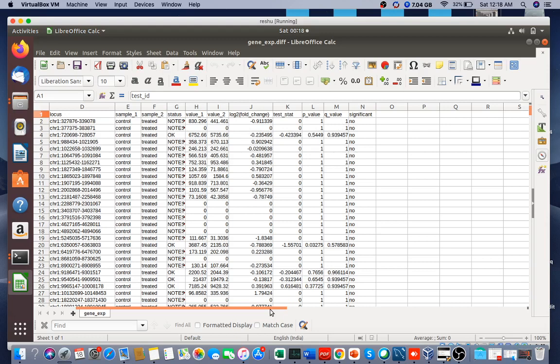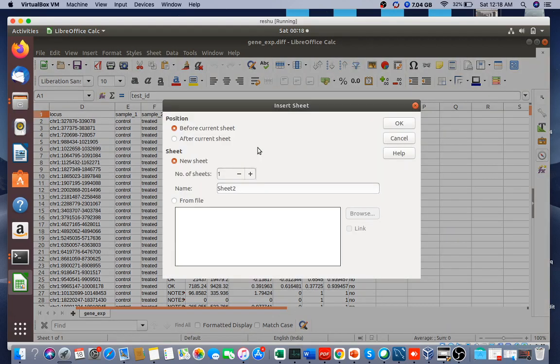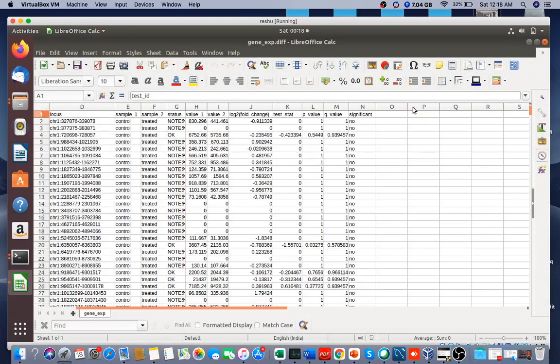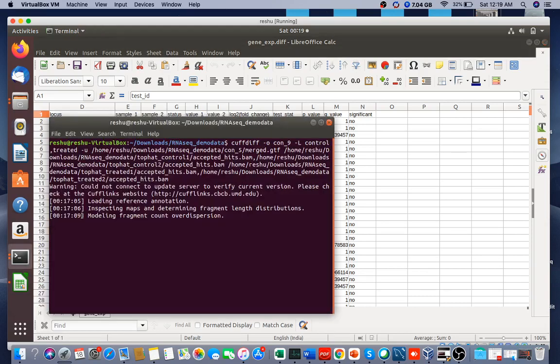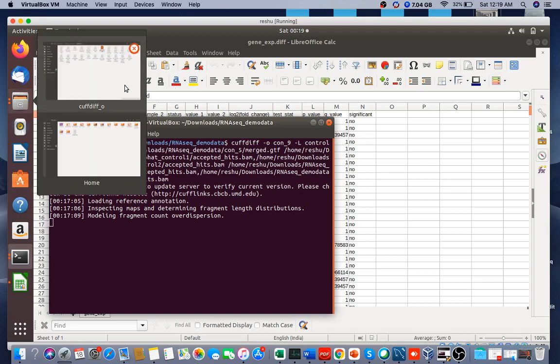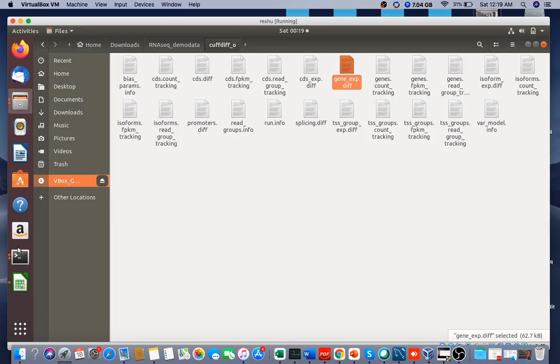So the genes which are having higher expression will have a fold change more than 0.8, and genes which are down regulated in your treated samples will have a value equal to or less than 0.8. Similarly, if the values are significant, the value will be less than 0.05 for P, and Q is the corrected P value. In the next lecture we will learn how to analyze this data. Let's see if it has been run already or not. So it is going to take time, but ultimately you will get the same file which I showed you just now, this file. So I'm going to kill this command.